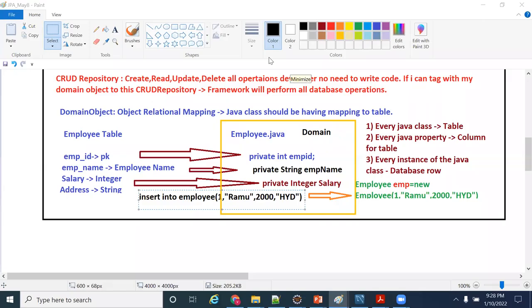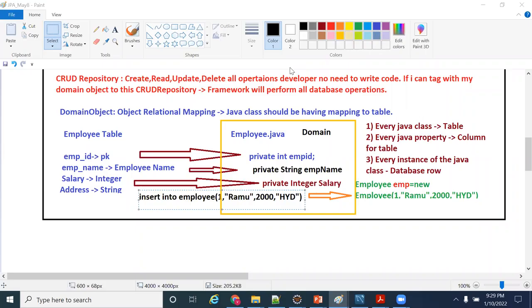Yes, JPA is specially designed for Spring and Spring Boot applications. Especially it's designed for Spring, where the IOC container comes into the picture, right? Normal Hibernate is normal Java. Without Spring, we can develop Java, where we can use Hibernate.